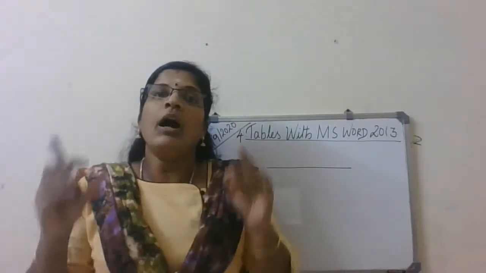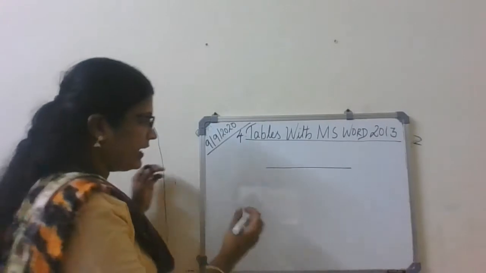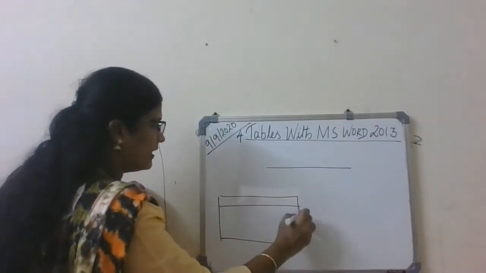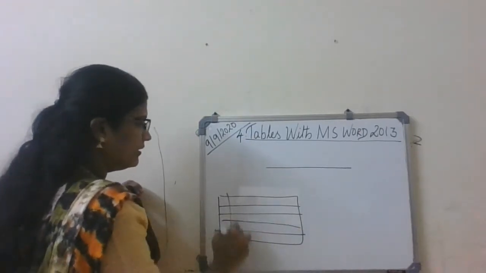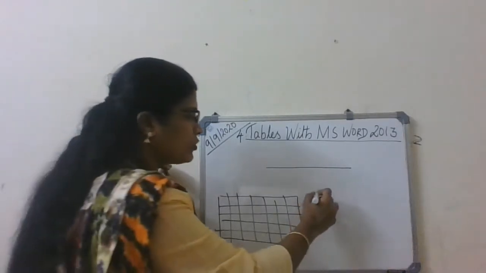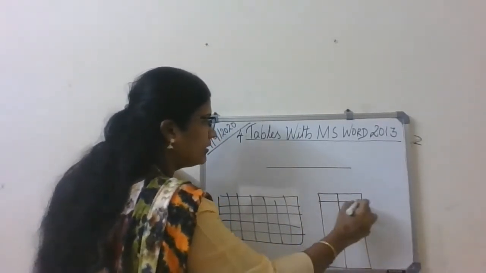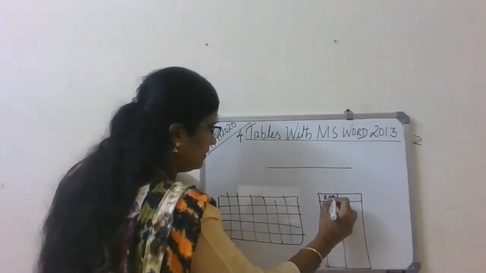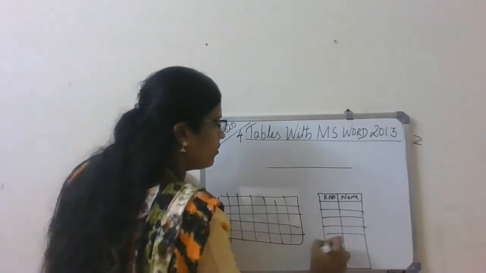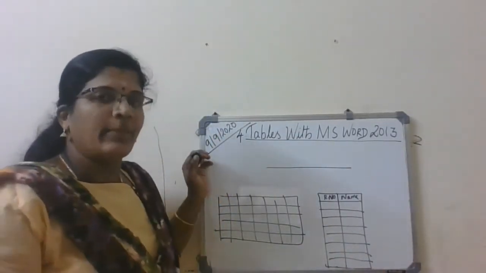On the whole, how does a table look like? So it is something like this. So a class timetable means it's a lengthier one. Am I right? Then a students name list means only two columns: roll number, name of the student. So here 1, 2, 3, 4, 5, 6, up to 30 or 40 students. It will be like a rectangular shape, right?